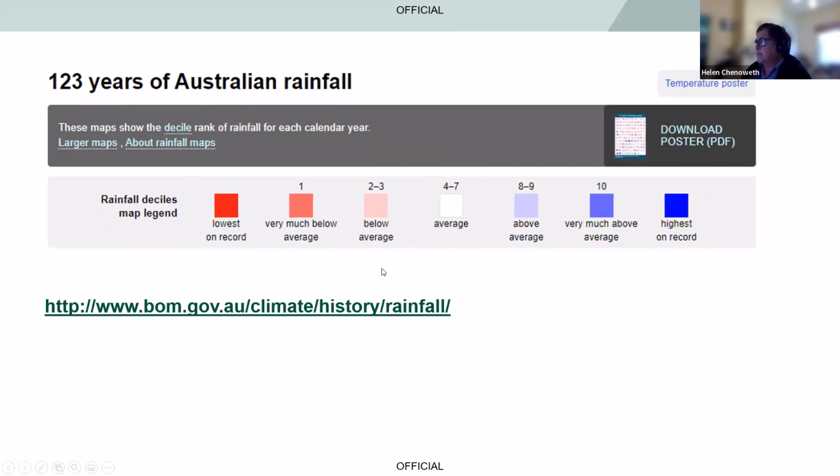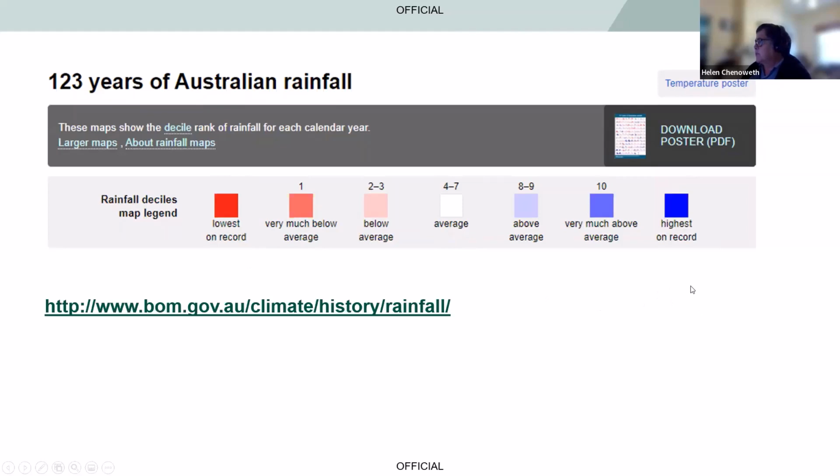And as you'll see in a minute, over 10 seconds, we'll see 123 years of data for rainfall right across Australia. So just have that in the back of your mind: where you've got a white or light colour, that's fairly close to average in terms of the rainfall for those particular areas. The darker blue colour is highest on record for that particular year,